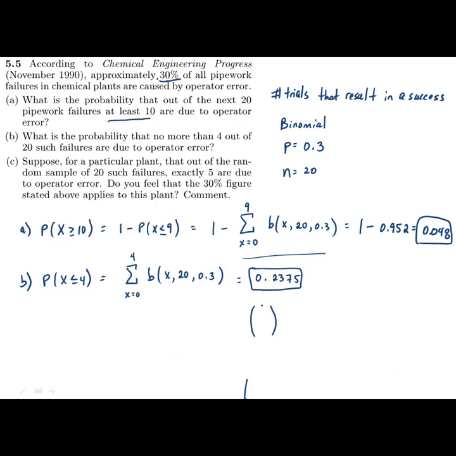Okay, so this is the expression: n choose x, p to the x, 1 minus p to the n minus x. So what you have to do is the following. For this case, n equals 20, for x equals 0, the probability is 0.3